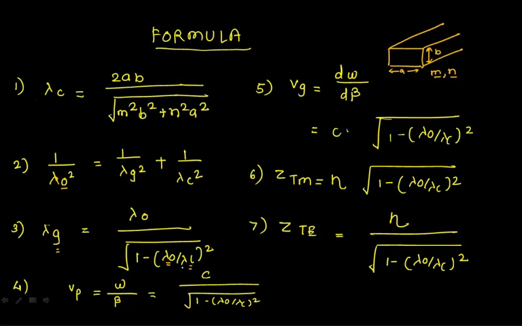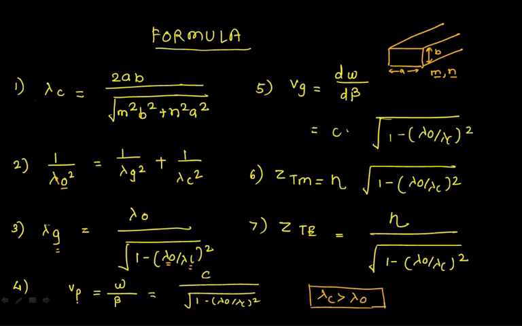Now, what will be the condition to have a propagation? Think of the case where lambda 0 is greater than lambda c. If lambda 0 is greater than lambda c, this division will come out more than 1. So 1 minus something which is greater than 1 will give you a negative value, which is not actually practical, and that's why, to have a propagation, your lambda c must be greater than lambda 0. This is the one condition which you will always verify. If a problem asks whether a mode is possible, you can say this mode is possible when lambda c is greater than lambda 0. Otherwise the wave propagation is not possible.